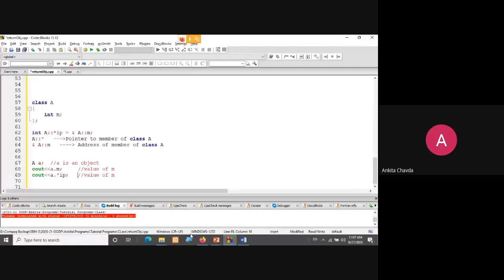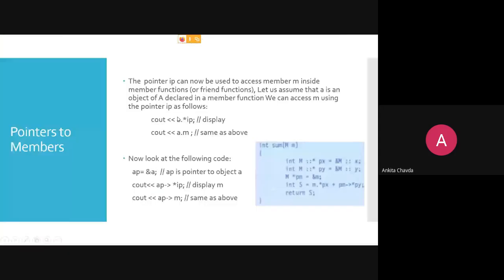Now back to the slide. So you can access this via a.*ip or a.M, that will display the same value of M. So the pointer ip can now be used to access the member M inside the member function or inside the friend function, right?